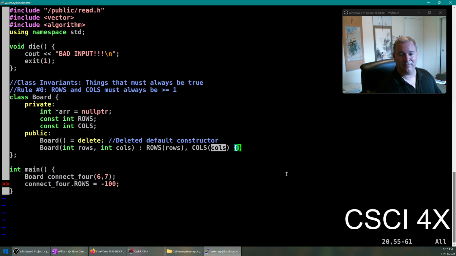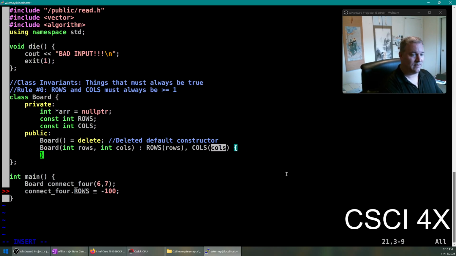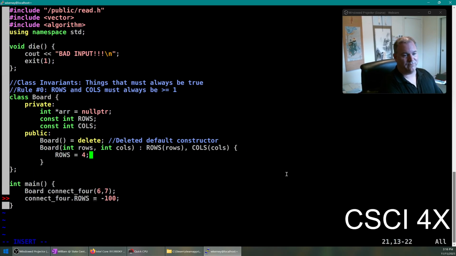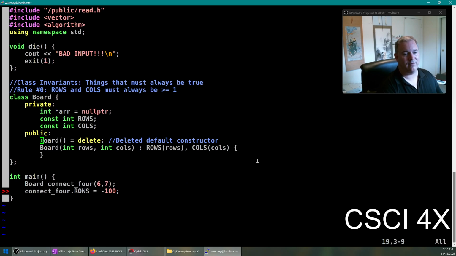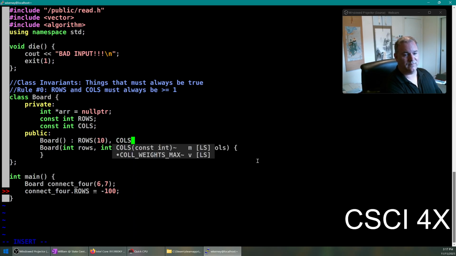If you do it in the constructor, it's too late. If you try setting rows equal to 4 in here, you can't set it. It's a constant. You can't change a constant. So the only way you can set the value of rows or columns, which are constants, is by doing this thing. It's a colon, which looks weird. It's a colon, and then it's a list of a member variable and then the value you're giving it. So if we wanted to have a default constructor, we could do something like this: rows 10, columns 10,